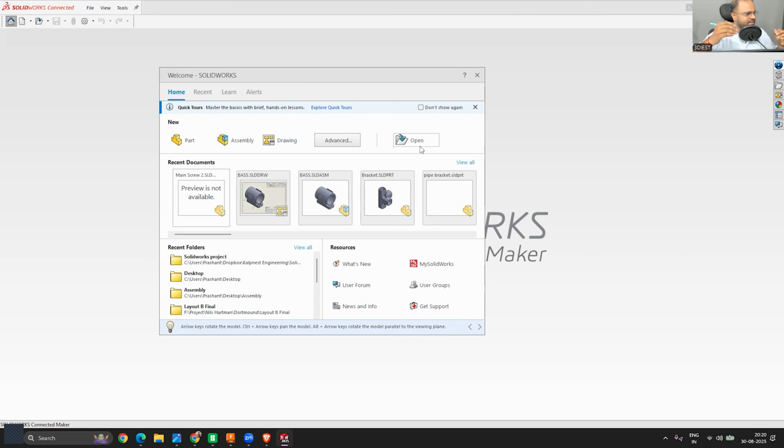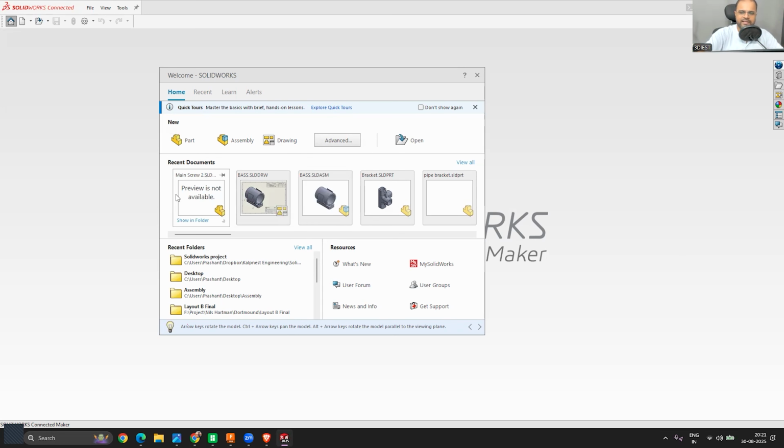So whoever is just getting started with SolidWorks, I will always recommend starting with a part file, because the part file is one of the most basic design files inside SolidWorks, right? Now, just below these new settings, these are all to create new things. I'm not going to discuss this advanced section because it is not important for you at this moment. If I make it more complex in the beginning, maybe you can lose interest in learning this software. So it's important that we make it super simple.